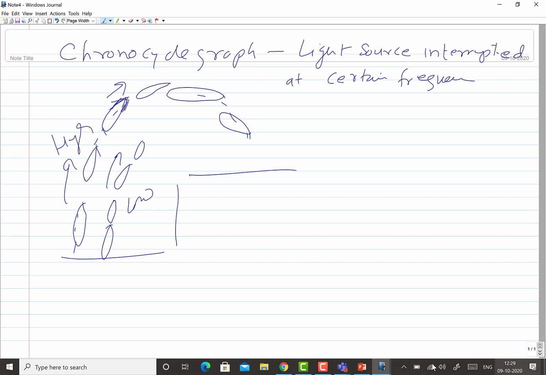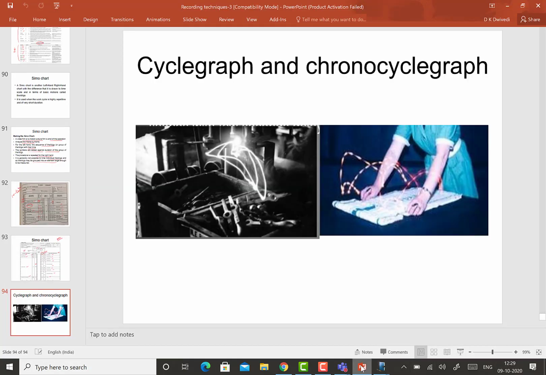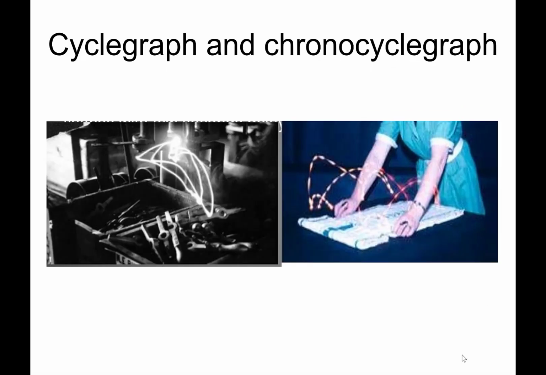Okay, I'll show you one photograph. This photograph shows both the cycle graph as well as the chronocycle graph. Here the light source movement is shown. You can see the continuous lines.